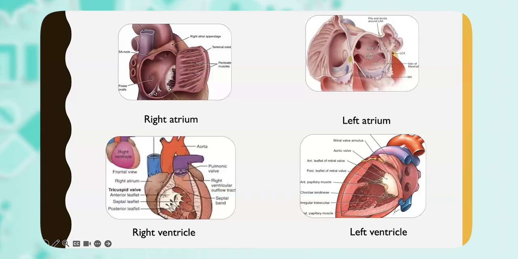And this is the fossa ovalis, which is the remnant of the foramen ovale, right? Which closes during the birth. There is physiological closure followed by the anatomical closure. So there is a smooth part, as you can see here, and there is a rugged part. These muscles are called pectinate muscles. And this is the terminal crest or crista terminalis. So this, when it goes there, this is a whole crest which forms. So the SA node is just beside that at the entry point of the SVC in the epicardial surface of the